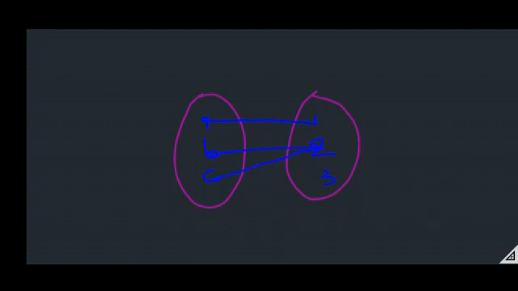Now let me explain. Suppose I have two sets here. I wrote A, B and C, and I wrote 1, 2 and 3. I have connected this, this, and this. Now what is the thing, children? You can see here 1 and 2 are having pre-images, but 3 is left out. It is not having a pre-image. I hope you all know very well that the set of images is called the range, and it is a subset of codomain.